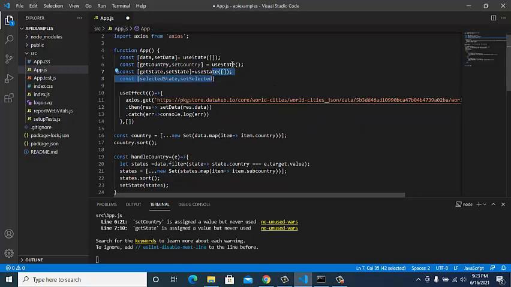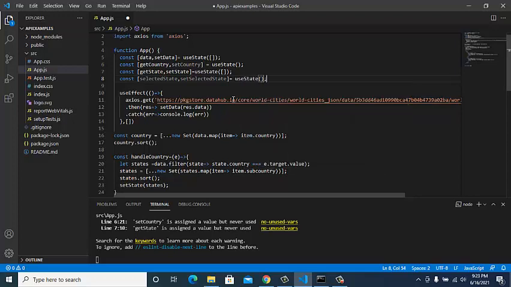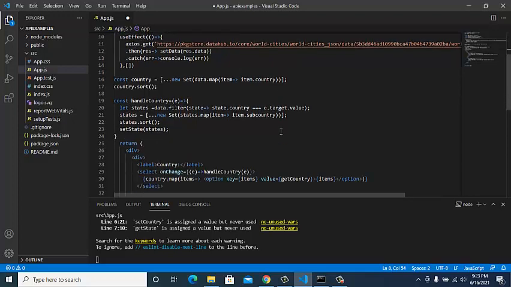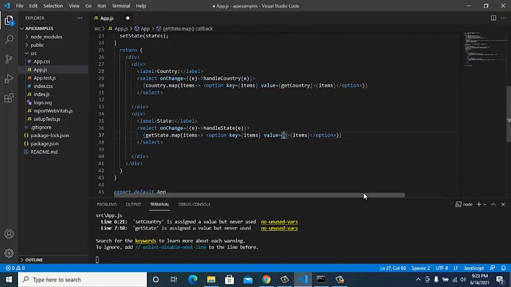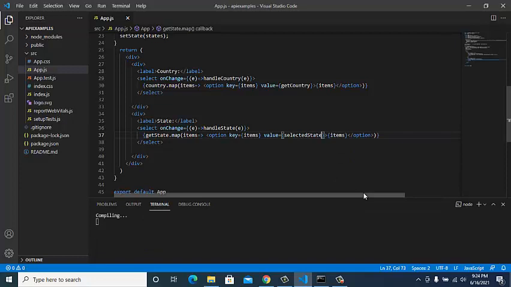When you select the state, you will get the state data and will match that data with the city data, to get the cities. So here I'm going to use selectedState.